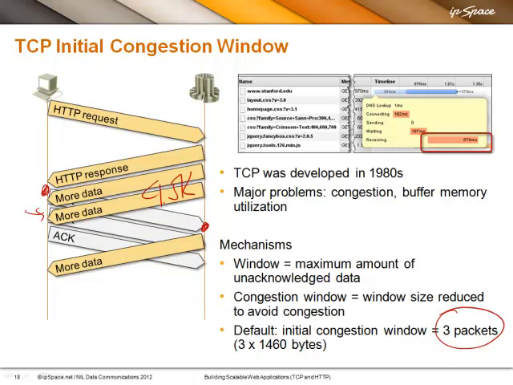When the second ACK packet arrives, it can send one more packet, and so on and so on. So you see, another round trip time lost. We're already at 3 round trip times, or in my case, approximately 600 milliseconds, and we still don't have the whole website. We only have the first 4.5K.